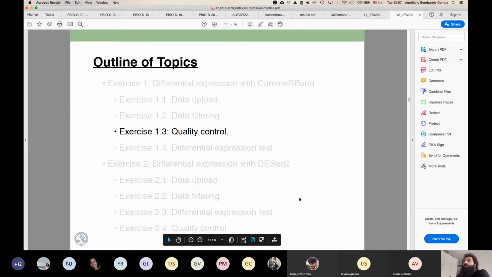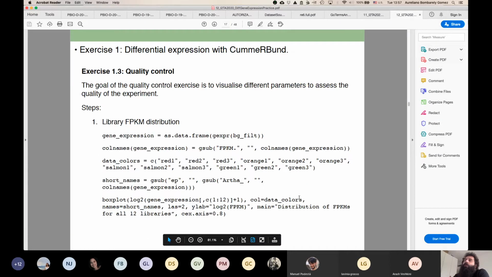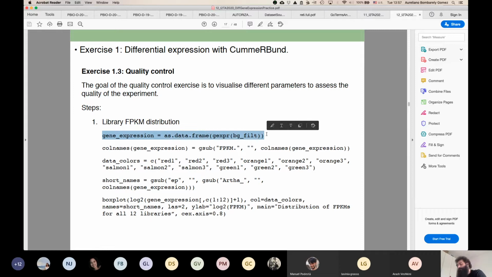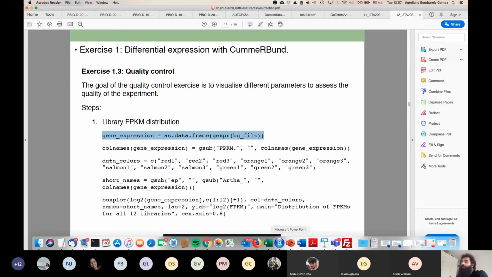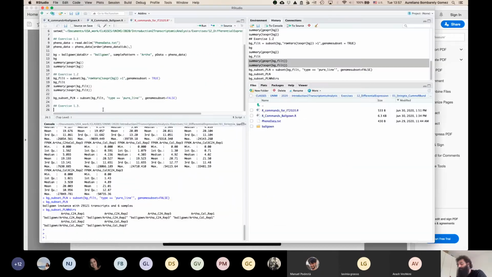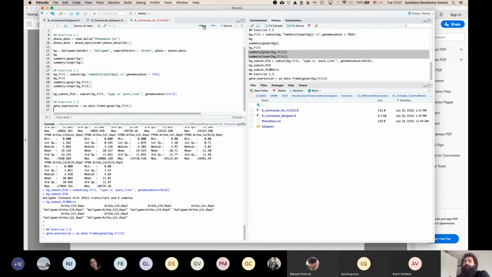Okay, so that is 1, 2. Quality control, and now is when we're starting to do more interesting stuff. So first, we want to retrieve this gene expression data that we have as a data frame, because we want to play with the data frame. So we copy, paste the command, and as I said, we want to select everything as a data frame. So if I run this,